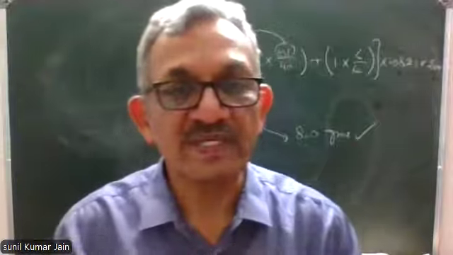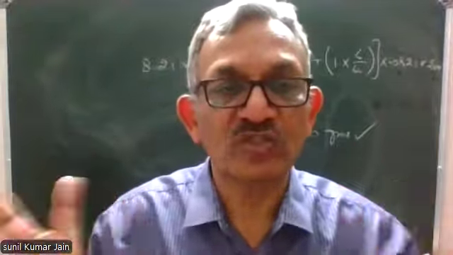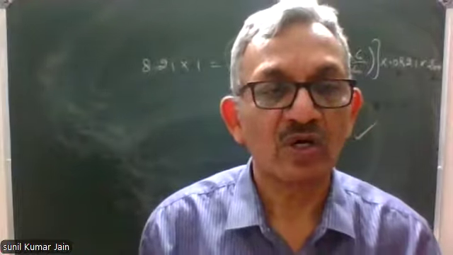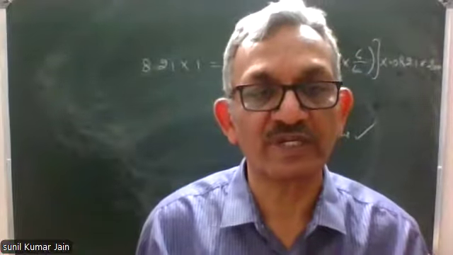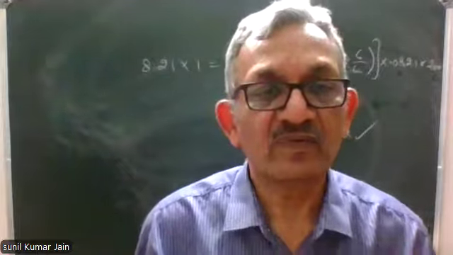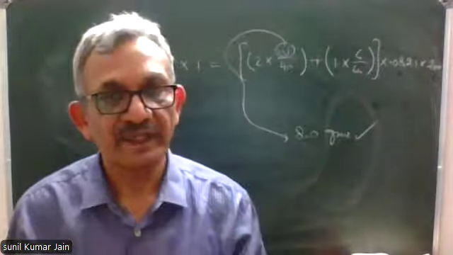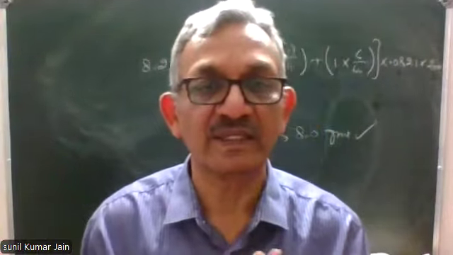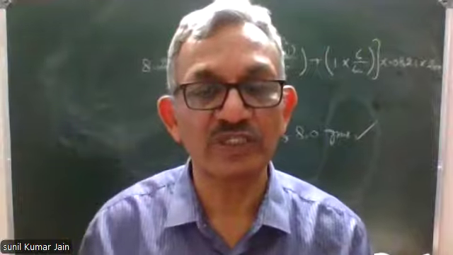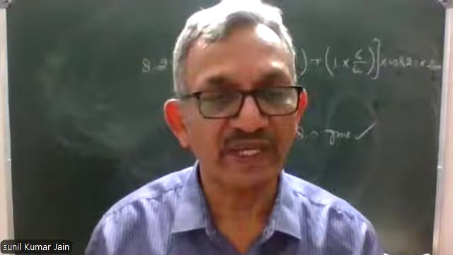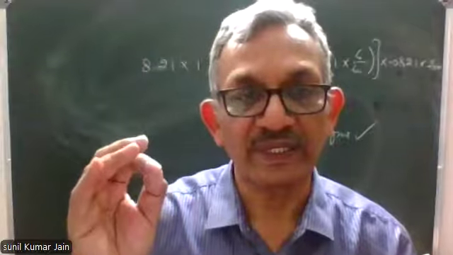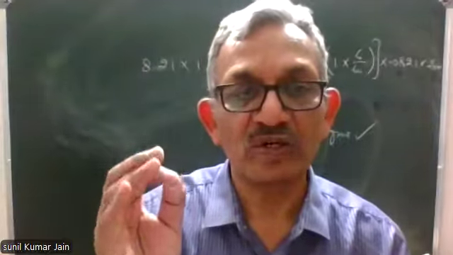Now, the last topic is, if dissociation is not complete, if dissociation or association is not 100%, then what will be the value of i? In that case, if you remember, there was a topic in equilibrium in 11th standard, degree of dissociation. So we'll use that type of concept now. Next heading is van't Hoff's factor